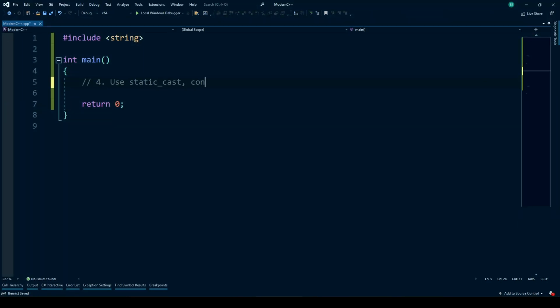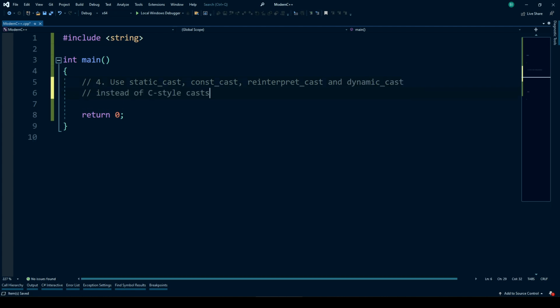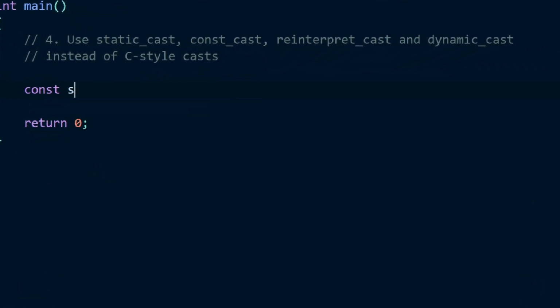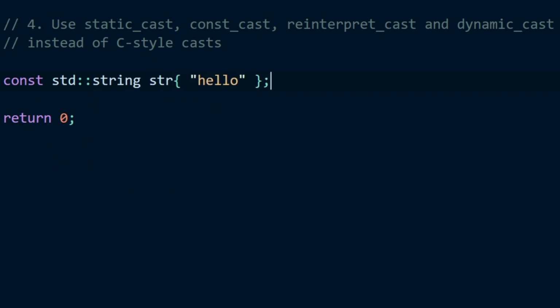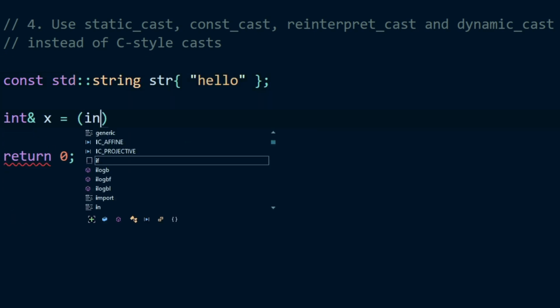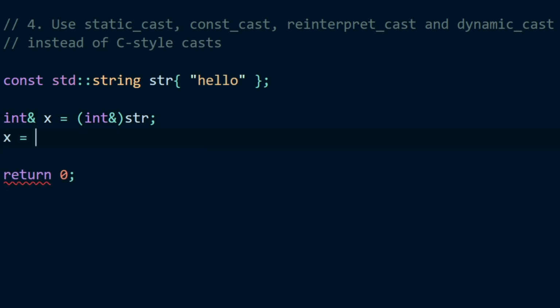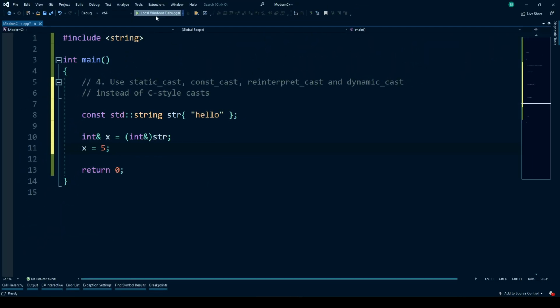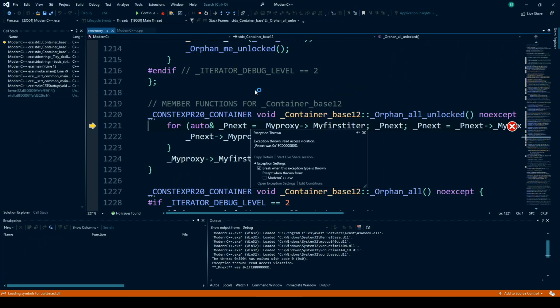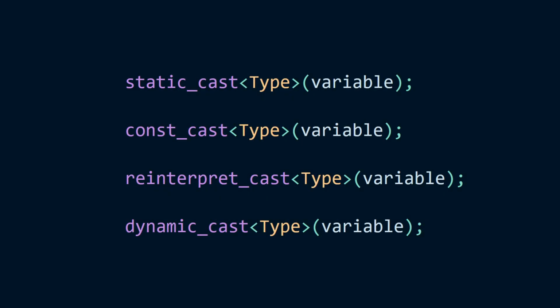Number 4. Use C++ casting operators instead of C-style casts. C-style casts are too powerful and unsafe. They lack type safety and can silently cast away const, which is dangerous and error-prone. C++ provides 4 casting operators, each performing only a specific task and generating a compiler error if the operation is